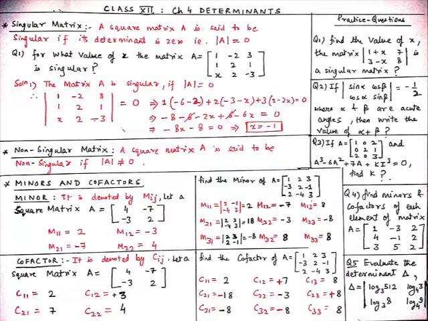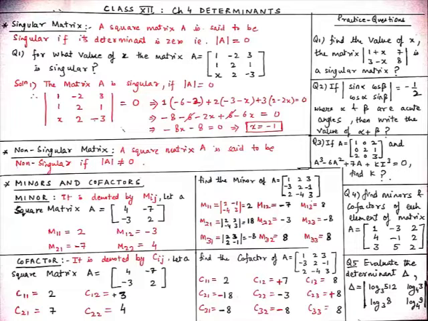And now we will find the cofactors of a 3 by 3 order square matrix. Let's say a matrix A equal to 1, 2, 3, minus 3, 2, minus 1, 2, minus 4, 3. Student, as you can see that I have considered the same square matrix for both minors and cofactor. Since we know how to find minors, so for cofactors, write C11, C12, C13, C21, C22, C23, C31, C32, C33, and take all the elements of minors from M11 to M33 and paste it in our cofactors from C11 to C33. And now we will change the sign.